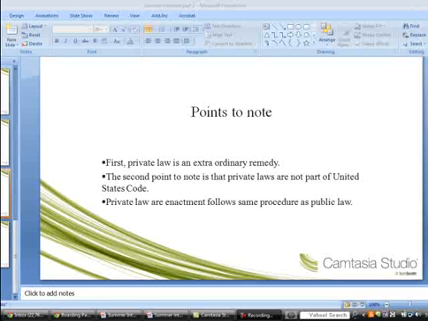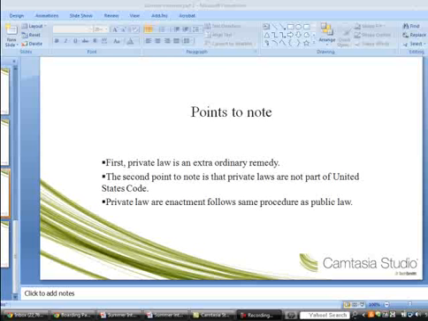To this end, it's important to keep in mind the admonition of Apostle Peter in 1 Peter 4:10. God has given each of you a gift from his great variety of spiritual gifts. Use them well to serve one another. Christian practitioners have a sacred duty to do all things to the glory of God. When the sponsoring of a private bill is abused, there are severe legal consequences, apart from the fact that it dishonors God.